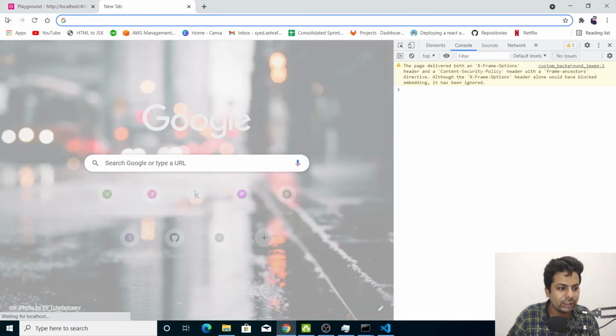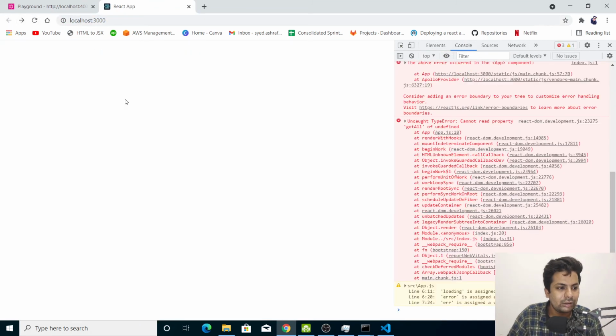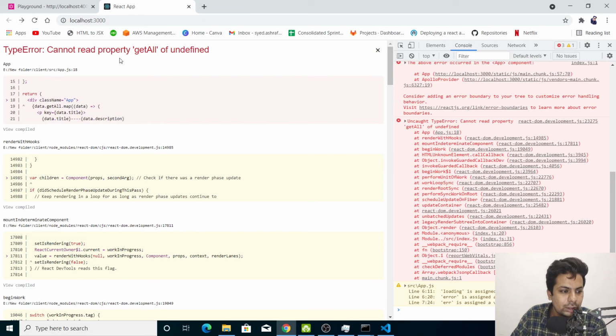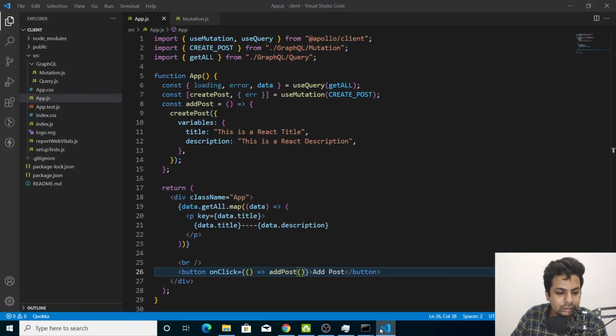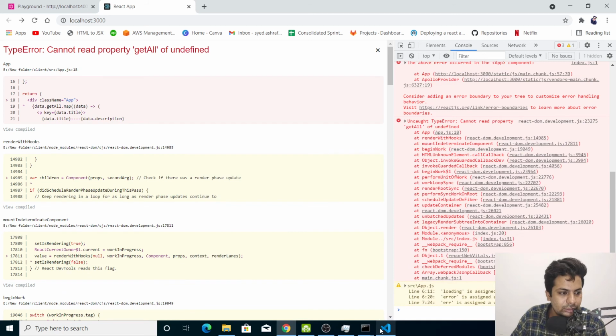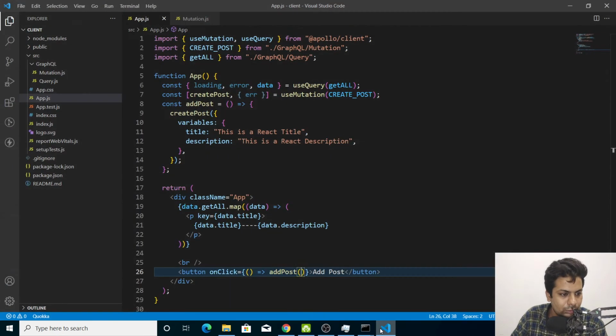Oh, why did I go backward? Okay, everything's fine. Cannot read property getAll. What happened? You were running fine. We have to tell it, it's just throwing error because it's in the loading state.